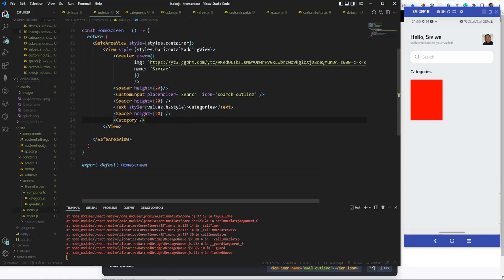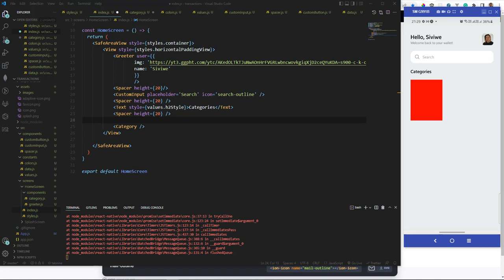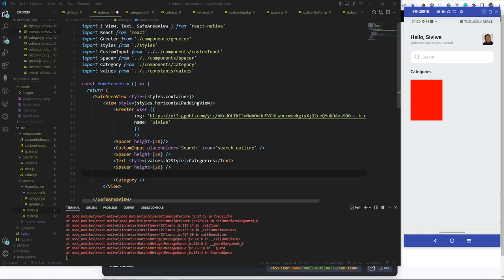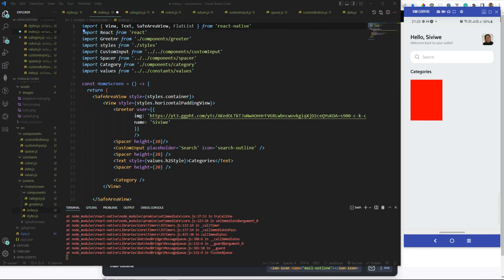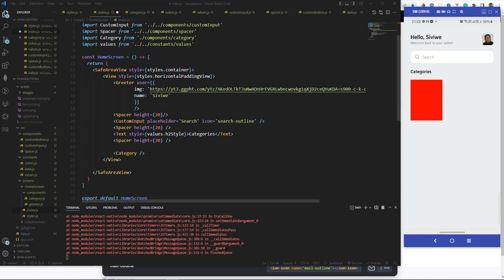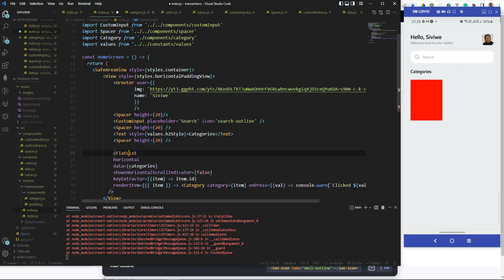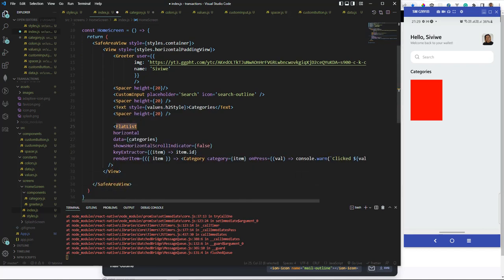So this, okay, so we need to import the FlatList from React Native. Right, and then I'll just paste the code over here and explain what everything is. Alright, so this is the FlatList, and it also has props. So this means that it's going to be horizontal. By default it's vertical. And then data,